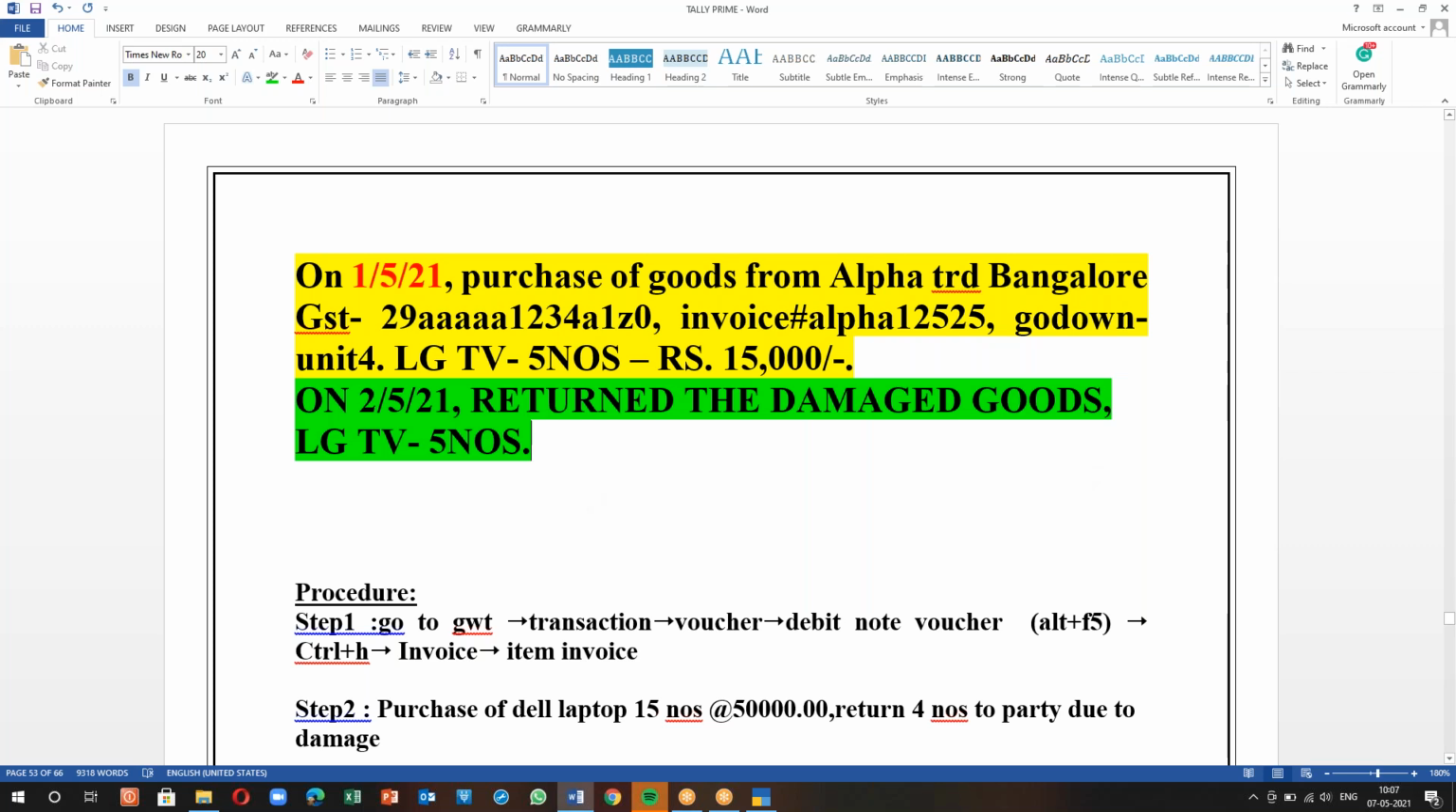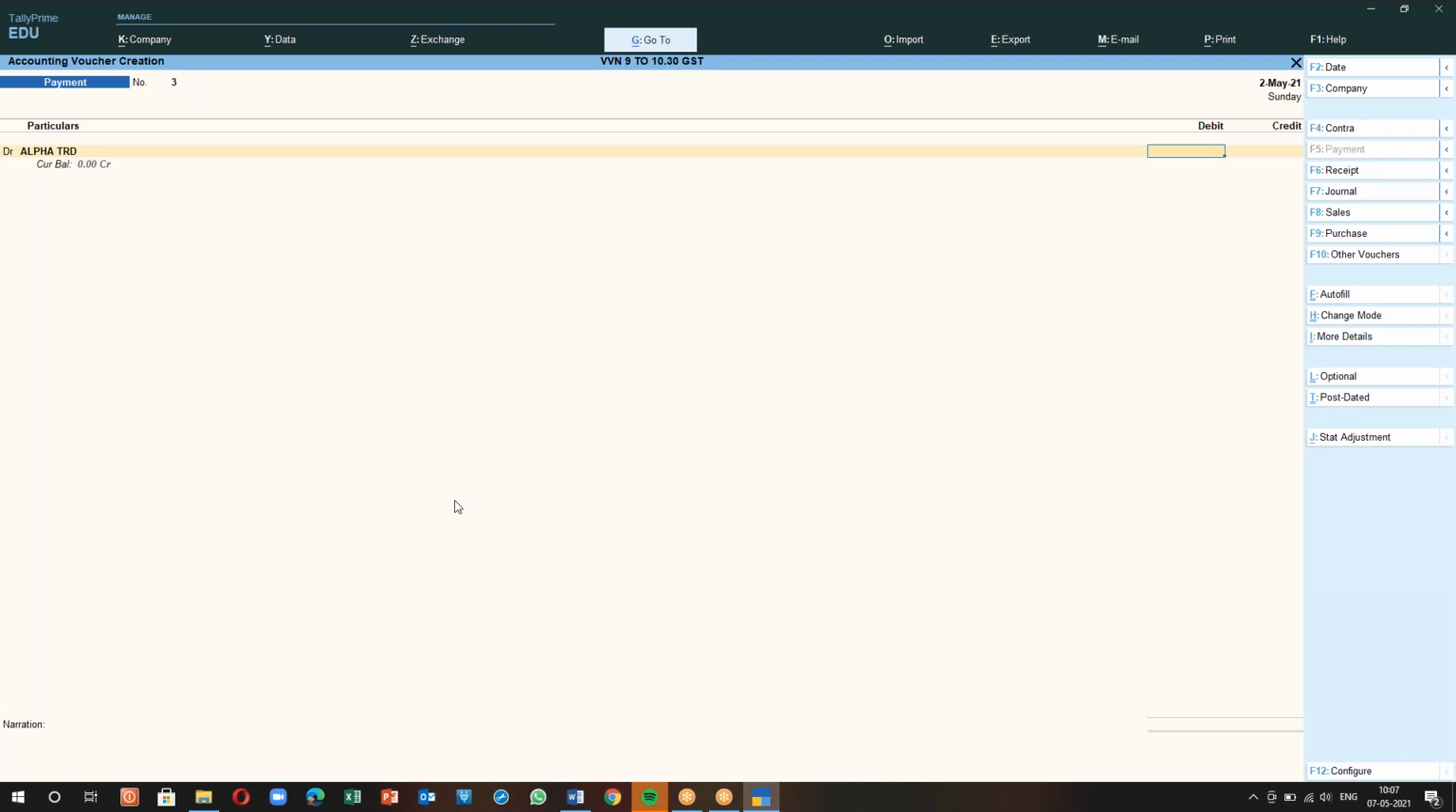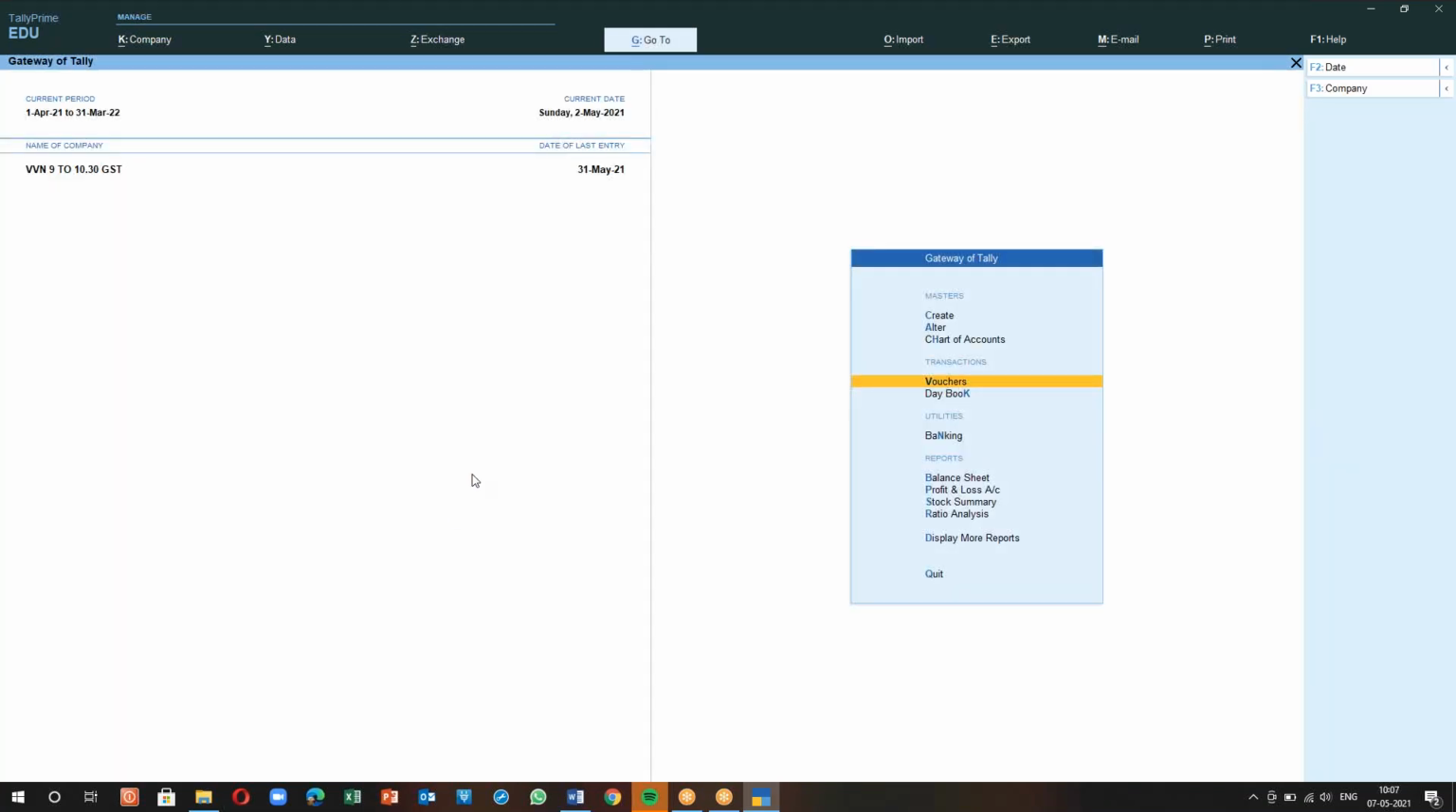Okay, so I guess no doubts in this. So this is how you pass your purchase voucher transactions and your debit note voucher transactions. This is how we do this. Okay, now let's go on. Okay, so next,